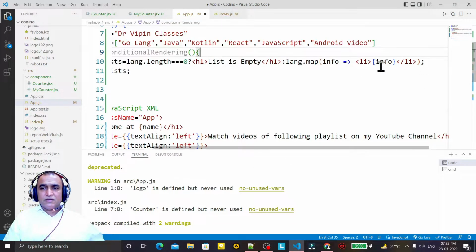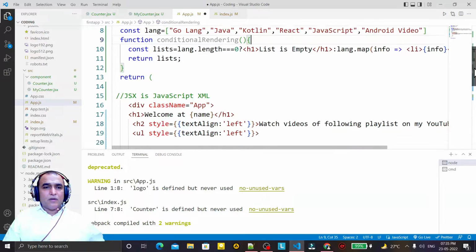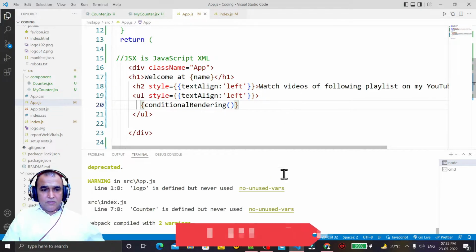We have this coding here and we have this here. Now I call this function here and I say conditional rendering like this, and I save it and try to execute,